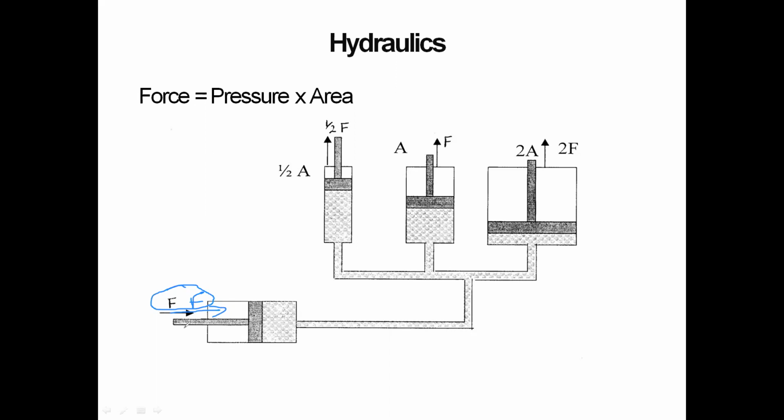Whenever pressure is created by the piston on the master cylinder, the fluid passes through these transfer lines, and you can see the area and force measured for this hydraulic braking system. You can take the different areas of the cylinders in the hydraulic braking system. There is a difference between the force and the area of those cylinders.